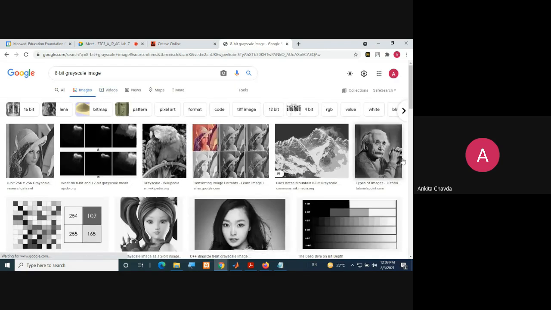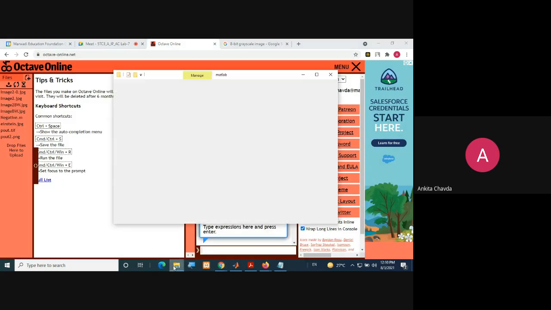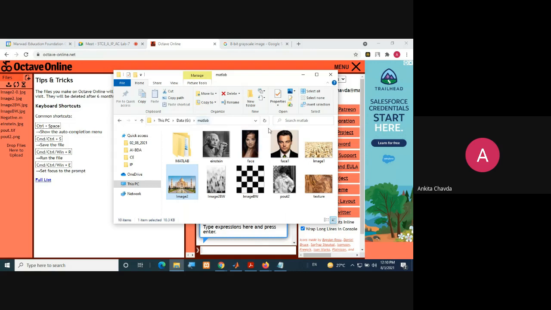These are all grayscale images. This is the Einstein image that I have downloaded and placed in this folder, in the G Drive MATLAB folder.